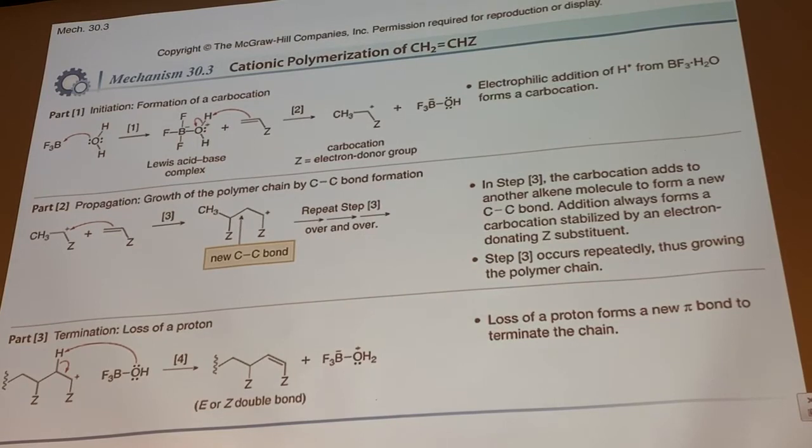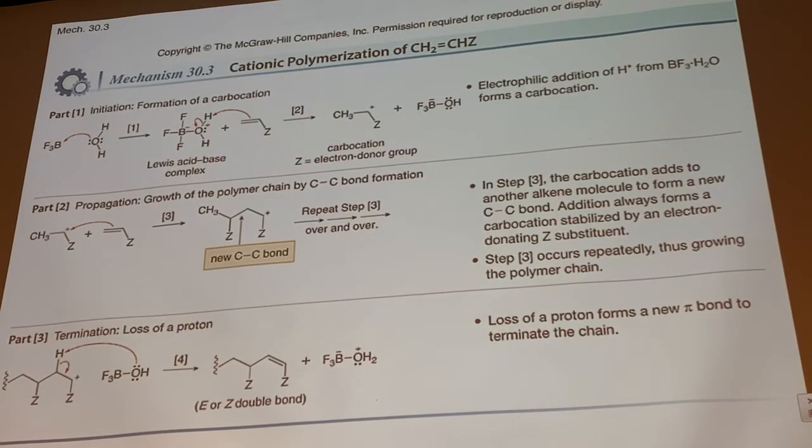It's got an empty orbital on the boron. It's got these electronegative fluorines withdrawing electrons from the boron. This is a super good electron pair acceptor. So it coordinates to a Lewis base such as water, generating this complex that has a formal positive charge on the oxygen. Having a formal positive charge on the oxygen makes this thing behave like H3O+, allowing it to transfer its proton to an alkene,